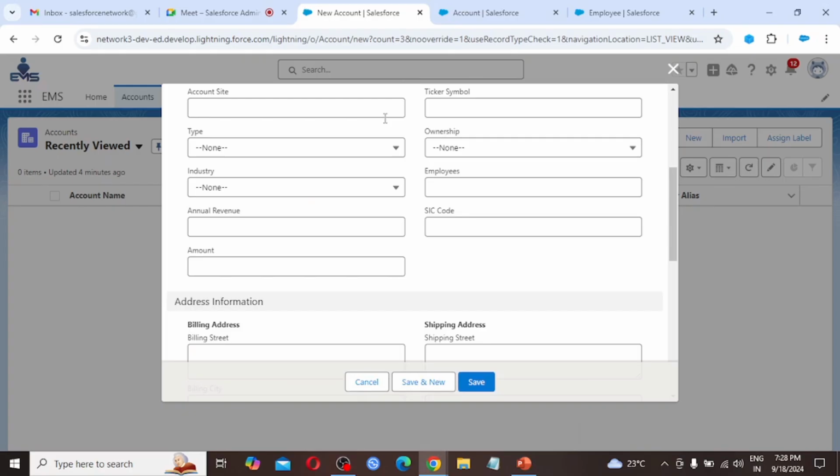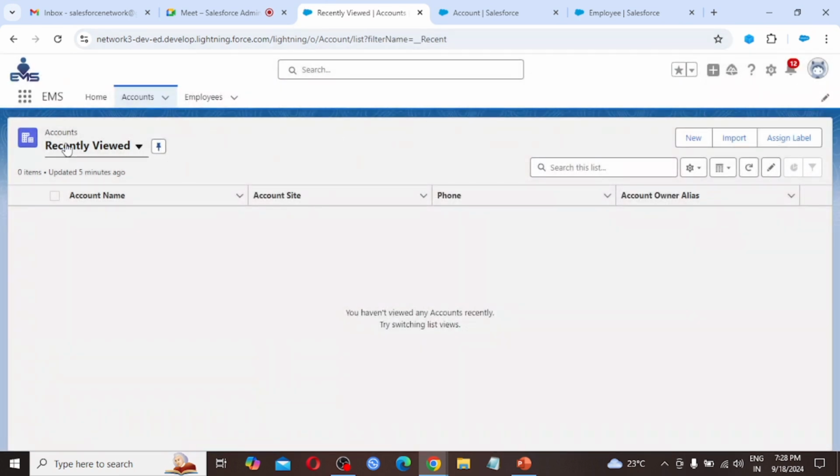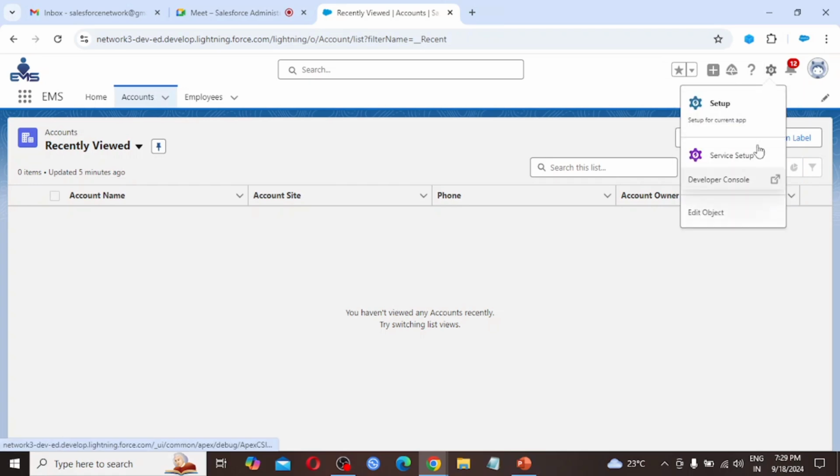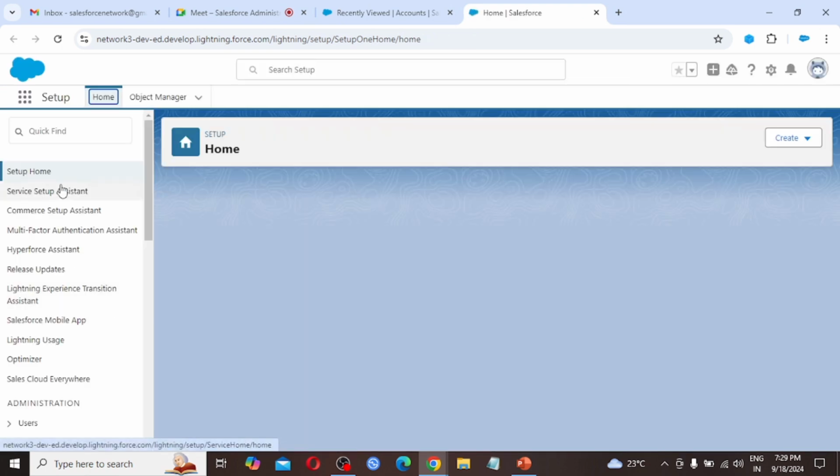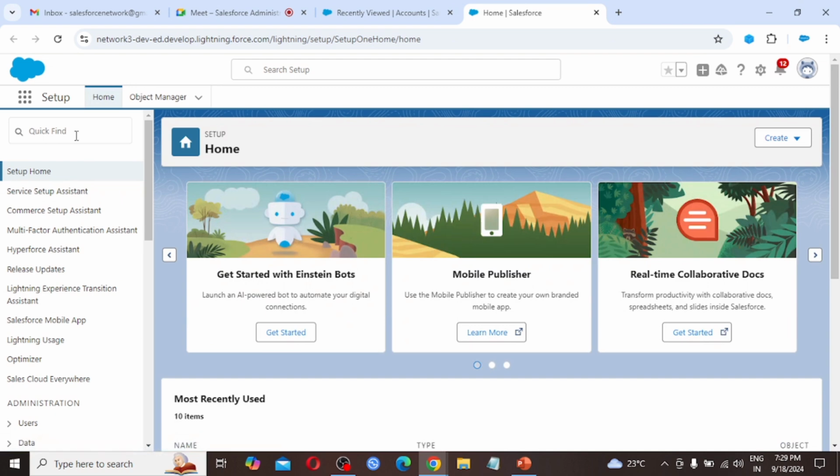So coming back to our Salesforce environment. After logging into our Salesforce account, we simply click setup. At the left side below the quick find, or if we know, we can go to Schema Builder directly by searching for Schema Builder.